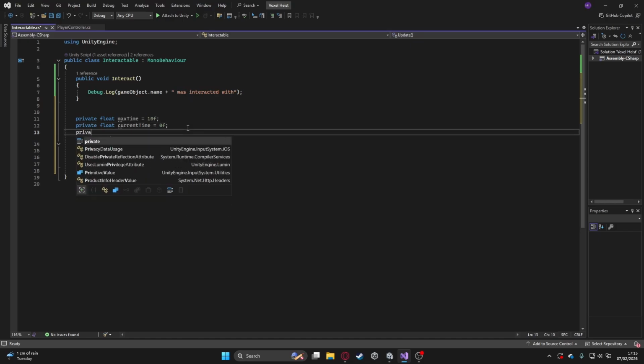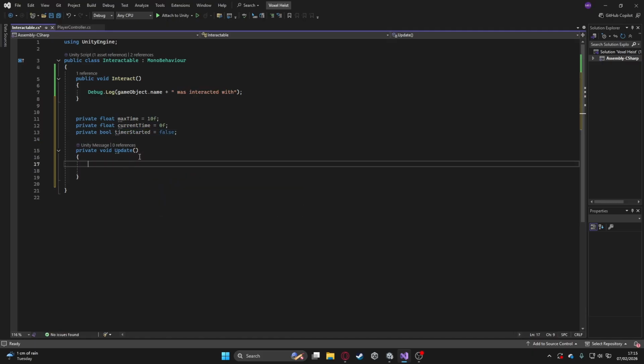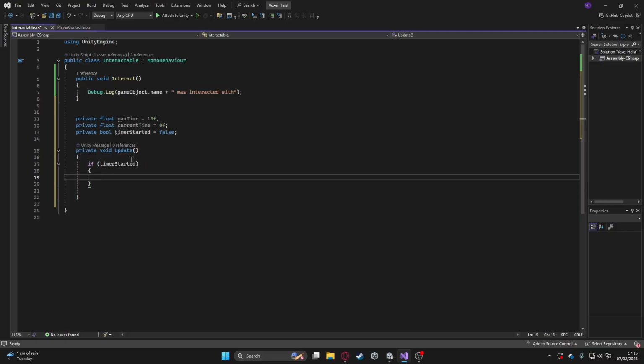Add a private bool timerStarted equals false. So what we can do is, in Update, we can have if timerStarted. Just tidying up a bit. If timer is started, then we will have currentTime